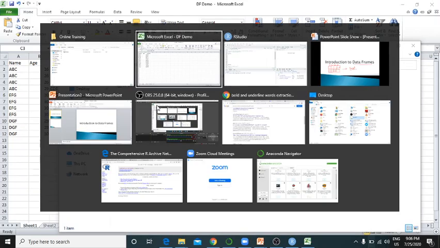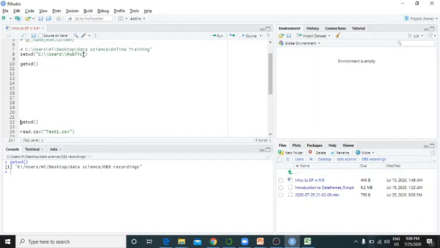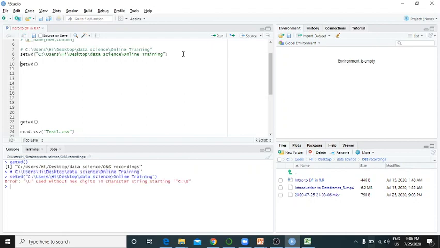First, we have to set the working directory to the directory where we have kept our Excel table. So this is the working directory, I am setting it. This is a common error that you might encounter while working with R programming. You have to remember that in R, these slashes are reserved characters, so if you mention the path like this, it will not work.